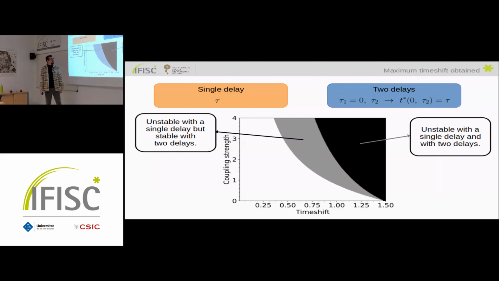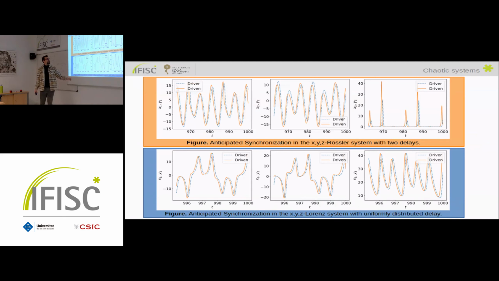So, for instance, here on top, you have again the Rössler system, but now instead of a uniformly distributed delay, I'm just plotting it with two delays. And everything that we have discussed before also applies here. You can see that there is some anticipation, but the amplitudes in the system, so the height of the peaks, are not exactly the same. And it can also change from time to time, because if you look here, this maximum is below the blue one, but then here the maximum is on top of the blue one. So there is some evolution of the amplitudes that we will study later on.